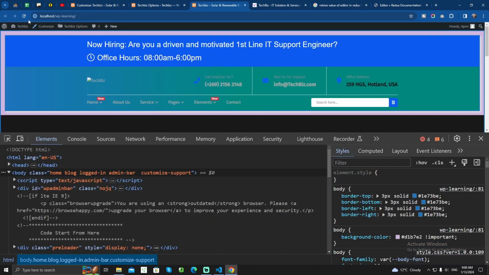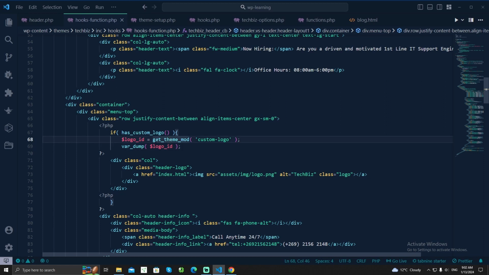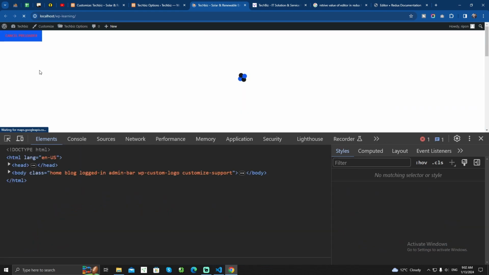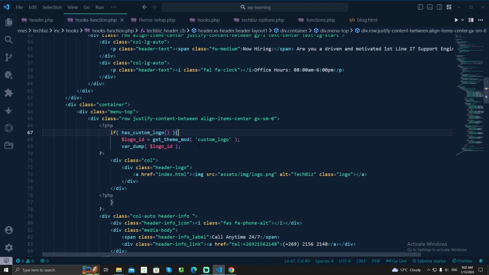Okay, and then we will go here and give a refresh. It is showing boolean false because we have made a mistake here. In get_theme_mod, the custom logo should not have a hyphen, it should be an underscore. So now if I go here and give a refresh, we can see a string and the ID. The string length is 2 and the ID is 12. So for retrieving any